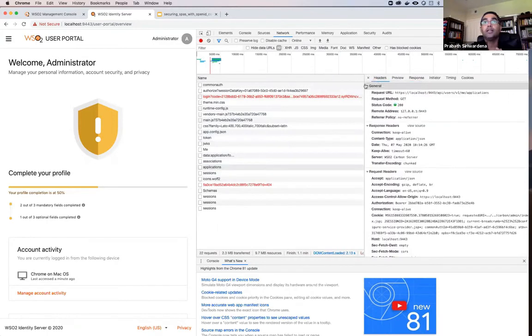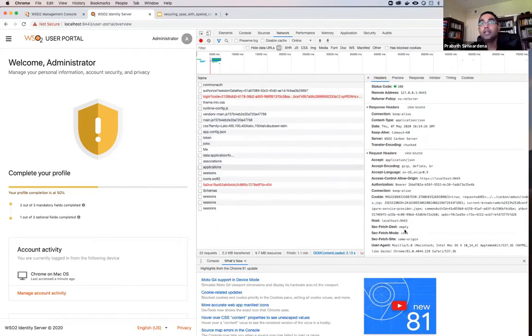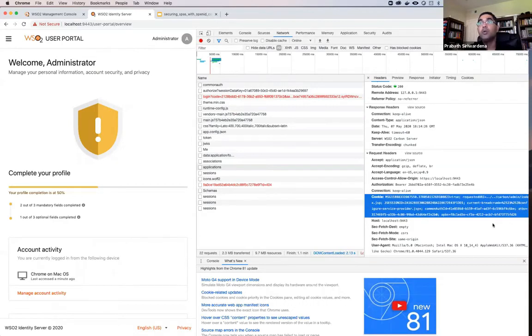If you look at the headers, right? So we are sending the authorization header, the access token, and if you look at the cookie, we are also sending this cookie. This is the cookie which is bound to this particular access token. Then when this cookie goes to the authorization server, or when it goes to the resource server, and when the resource server talks to the authorization server to validate the token, the authorization server will check whether it's a valid token, and also whether it carries the associated cookie.